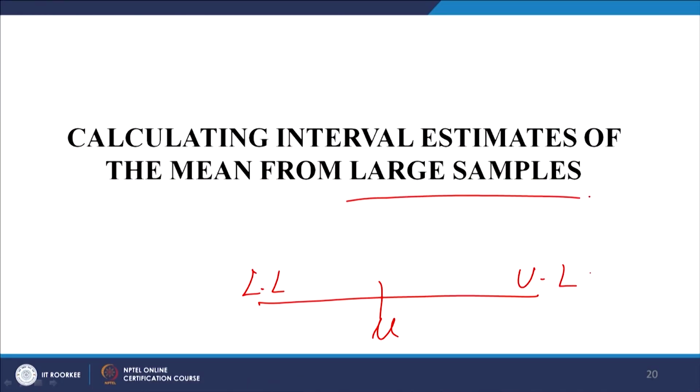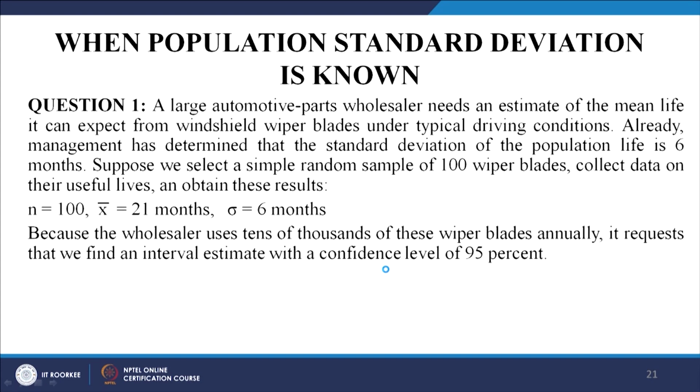So this is like a line where you have the mu here, this is the lower limit and this is the upper limit. If I know my lower and upper limit, I can say whether my mu is lying between these two or not, or which side it is tending to move, toward the upper or toward the lower. So let us take the first case, where the population standard deviation is known. I have always been repeating that the researcher is always interested to know whether the sample is actually representing the population or not, whether it is a part of the population or not, in all the studies.